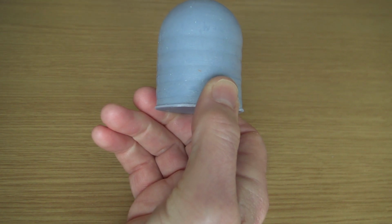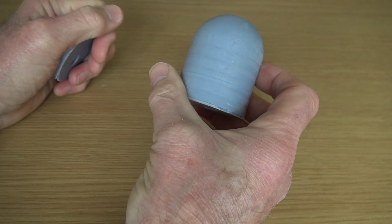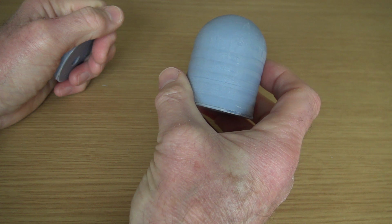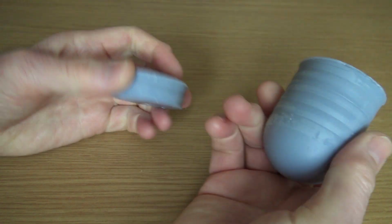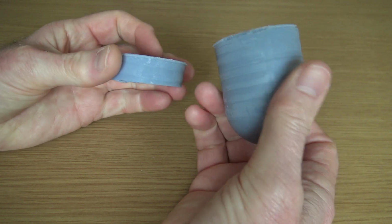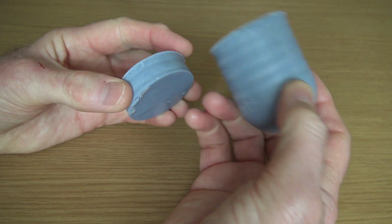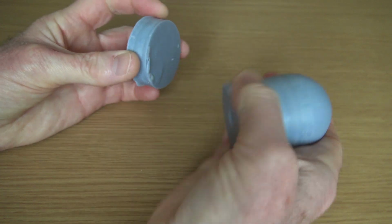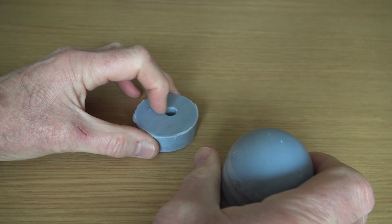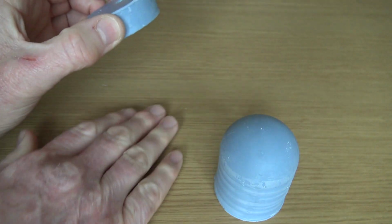But then you do get this issue now. I'm beginning to find I'm getting increasingly more and more failed prints, and I'm going to show you why I think that is. When I printed this one, I was trying to print two, and only one of them succeeded. The other one started attaching to the film rather than to the build plate. So this was lifting up, and there was a circular